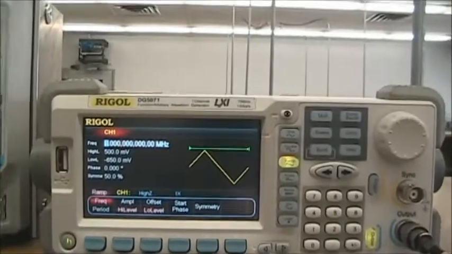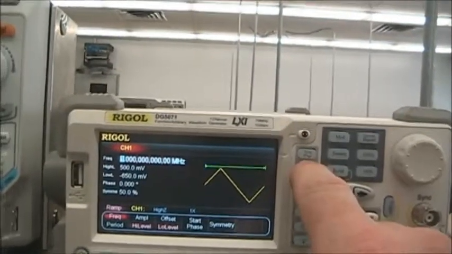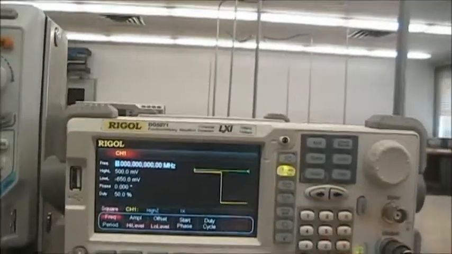In order to look at the square wave, simply go back and press square wave on your generator. If we return to the spectrum analyzer,